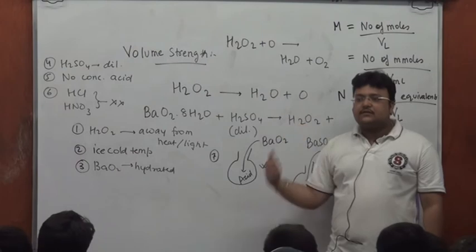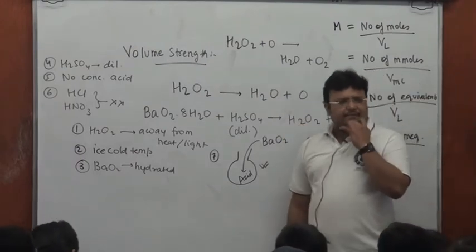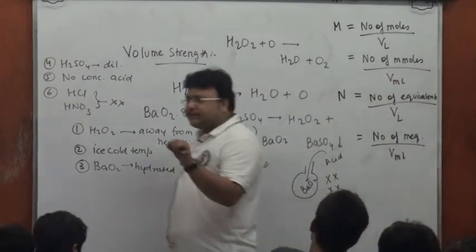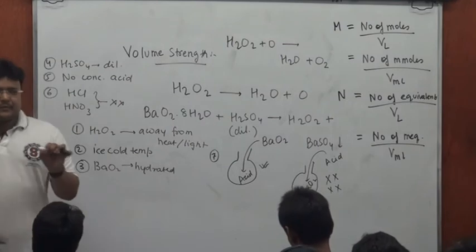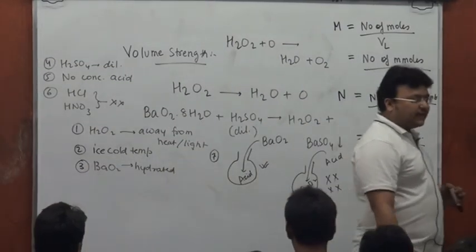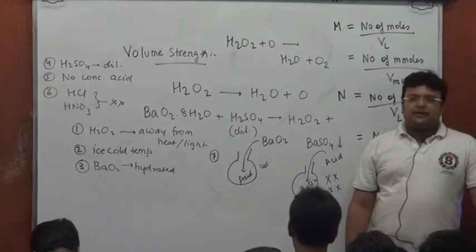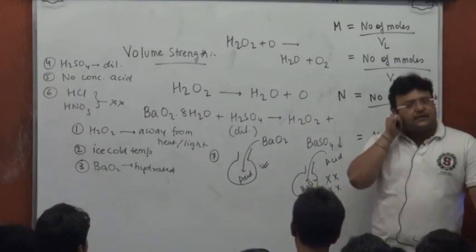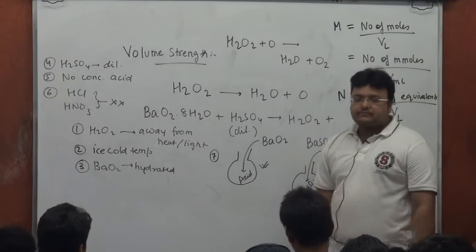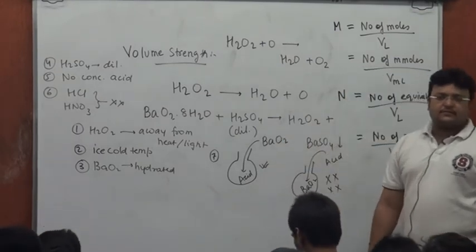So yes, sulfuric acid, nitric acid. In dilute form, it's not a good self-oxidizing agent. Dilute sulfuric acid is not an oxidizing agent. People are supposed to know that concentrated sulfuric acid is a good oxidizing agent. Yes or no? So you want to avoid concentrated sulfuric acid, which is an oxidizing agent, would further accelerate the dissociation of H2O2.